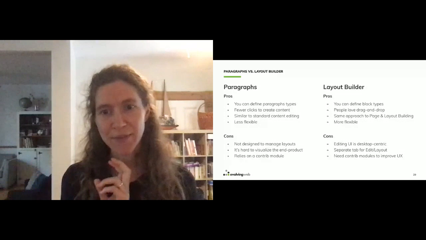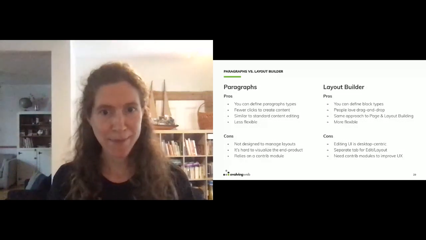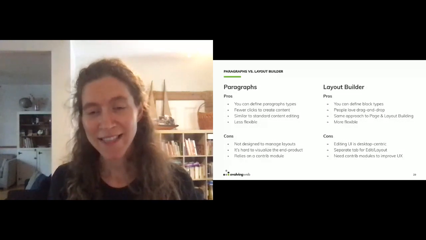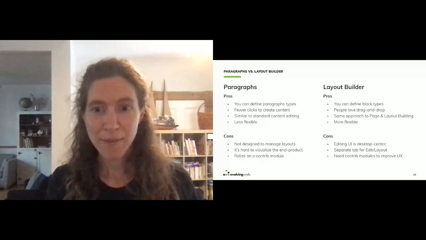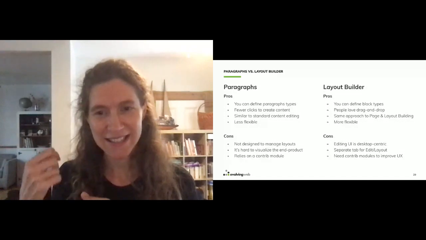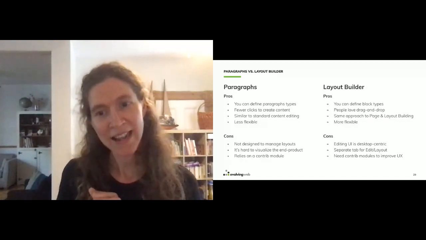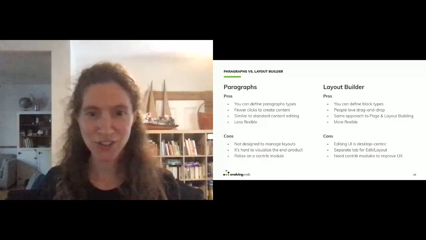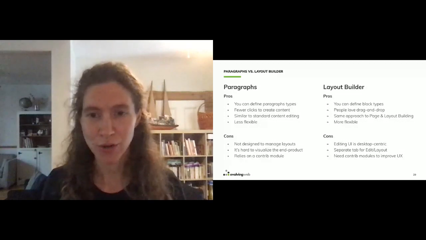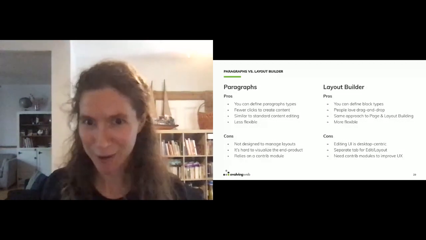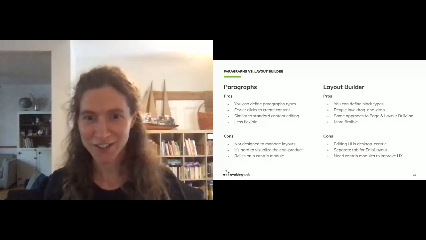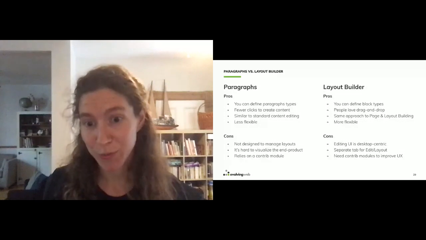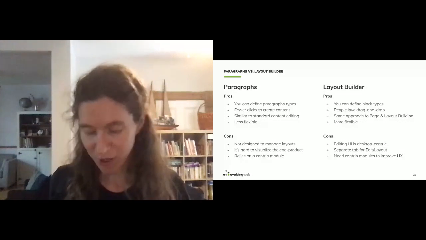And in terms of the experience, a lot of the things I mentioned about overwhelming number of options, that can be mitigated. But one thing that's hard to mitigate, I think, is this fact that you have a separate tab for editing the page and changing the layout. So that's something just to make sure that you capture if you're rolling out the Layout Builder and you have to train your editors. So for Layout Builder, there are lots of contrib modules, like I mentioned, to improve the UX. So you want to make sure that you take advantage of those.